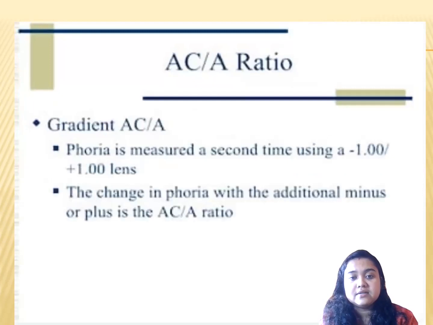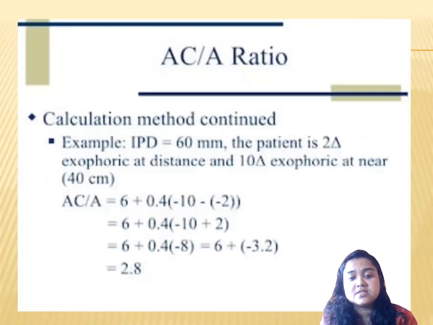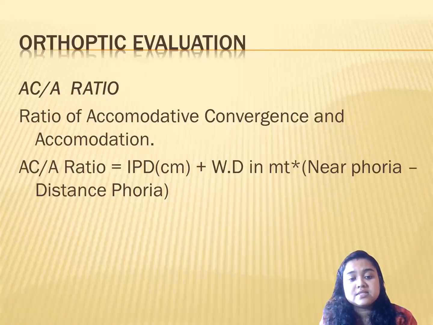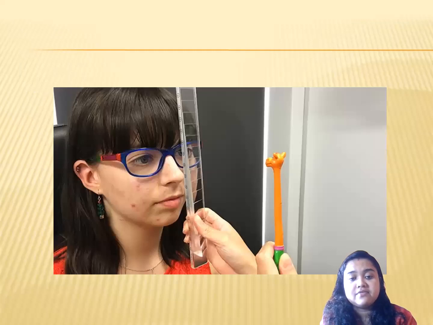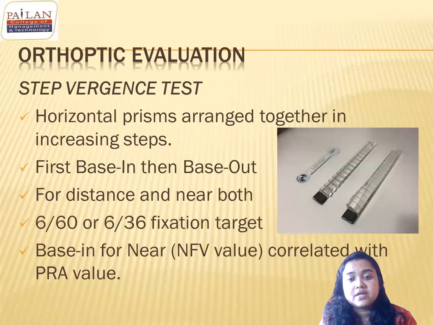How is the NFB PFB testing done, negative fusional Vargin's and positive fusional Vargin's? We do it by the step Vargin's method. In the step Vargin's method, you can see here, these are called the vertical prisms. You can see the prisms are vertically aligned. The base of the prism is vertical, and the apex is also like this. So the base and apex of the prisms are aligned vertically. So these are vertical prisms.